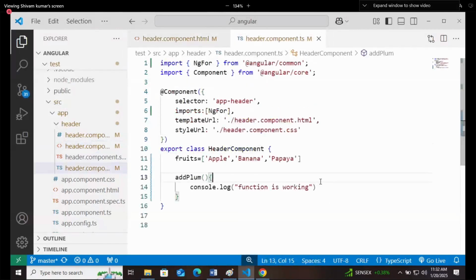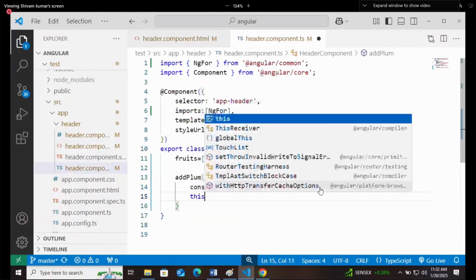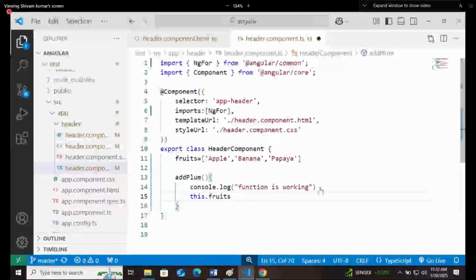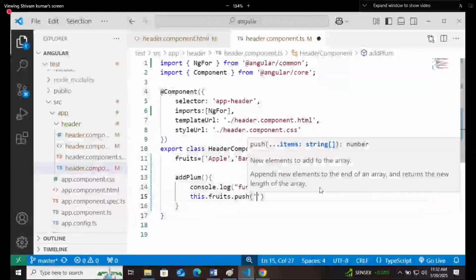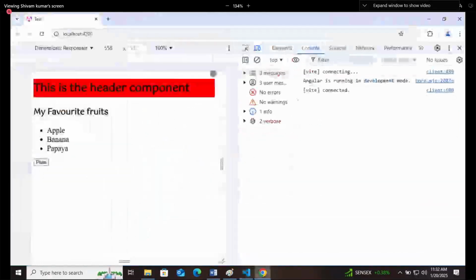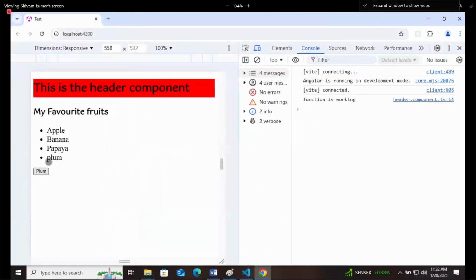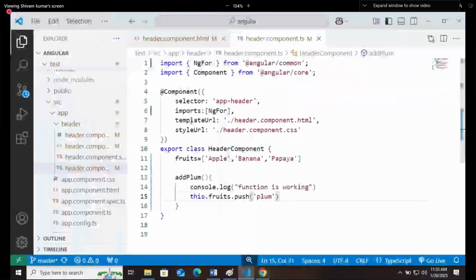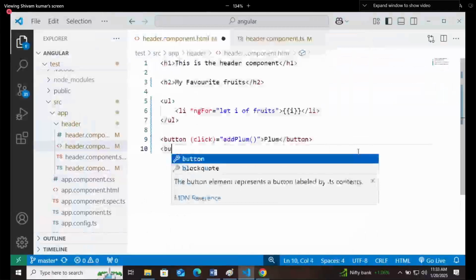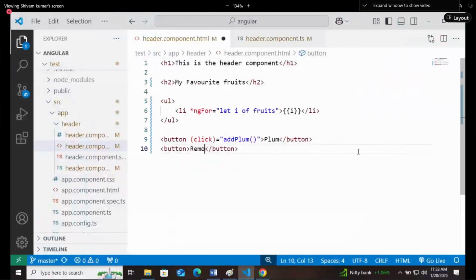If you are trying to append to the array now, I will write this.fruits.push, and in this I will push the plum. So now let's check it, and you can see that it is adding the plum. I will create one more button, and to this button I will say remove last. Means whichever value is at the last, remove it.